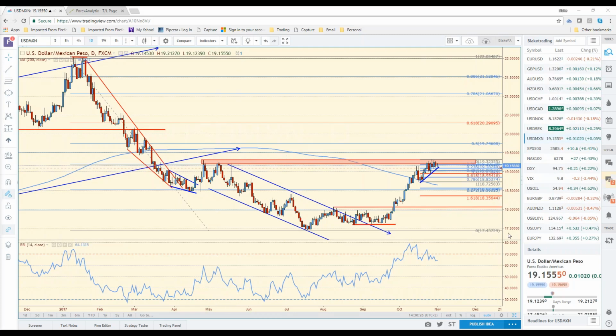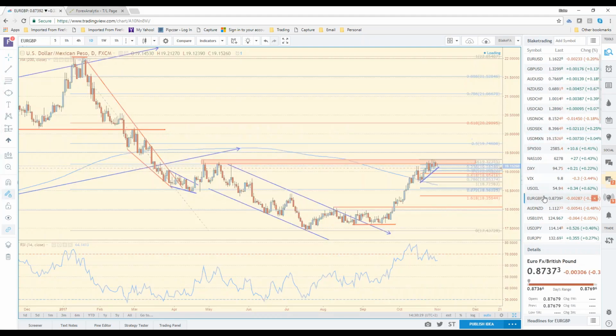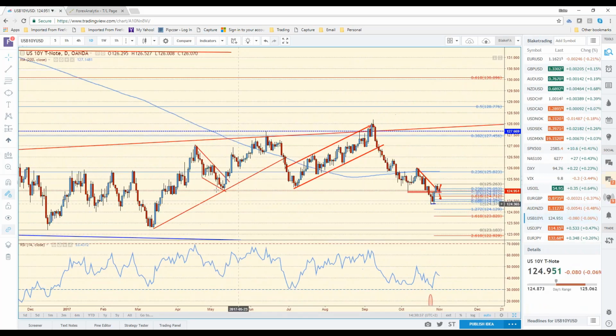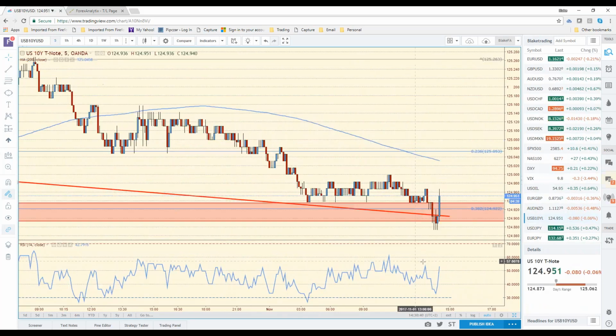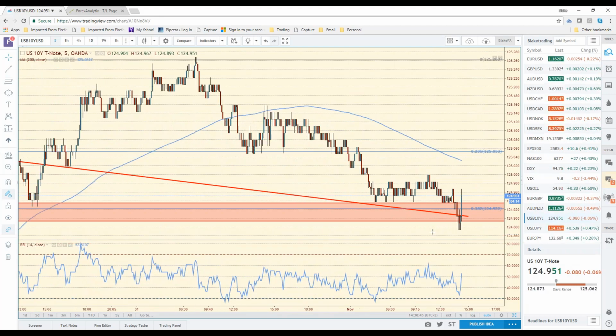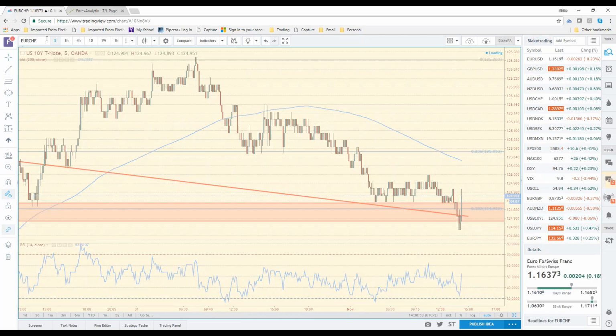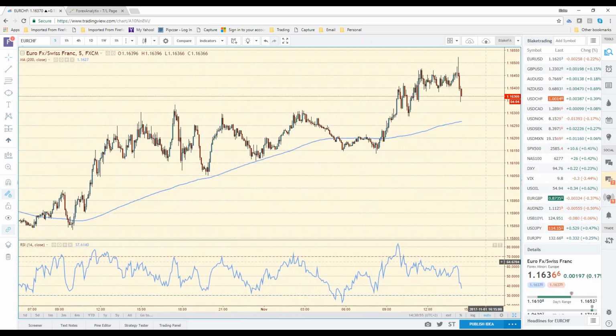And let's see, we looked at the euro pound, which is just on the 200-day. We're just probing below that right now. We looked at the Aussie New Zealand, and let's see what bonds are doing, because bonds are bouncing. Interesting. And Euro Swiss, I just went into our trading room, letting them know that Euro Swiss was rejected at 61.8. Oh, really? Oh, let's see here. The euro, wow, that's a big